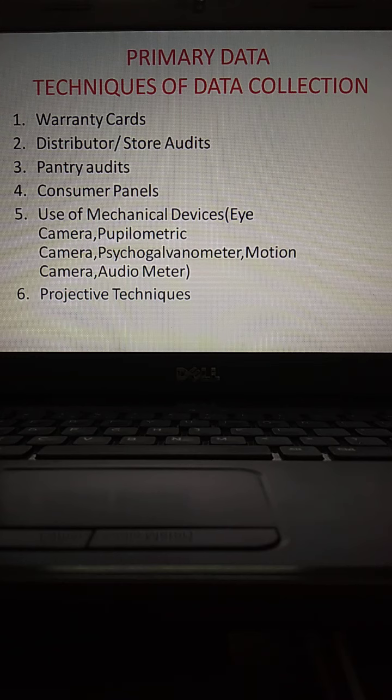When you purchase costly electronic goods like refrigerators, fans and other electronic items, they provide warranty cards. So what you are doing is filling up all your details, you give your phone number,